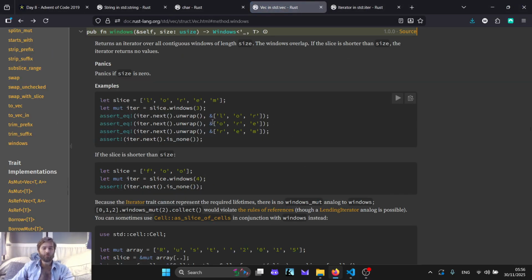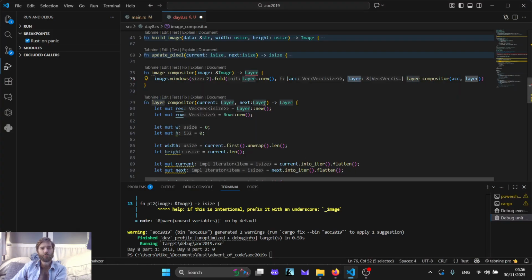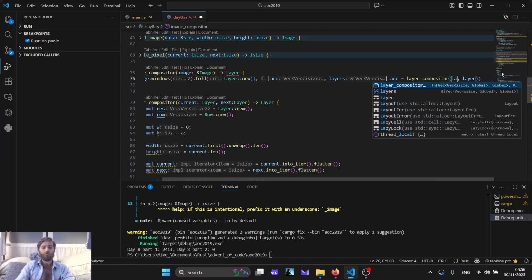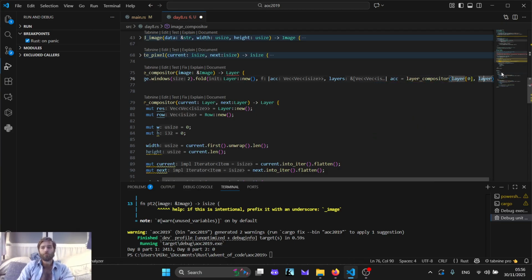It probably shouldn't. So layer slice 3 next unwrap is a slice of that. So I should end up with a layer is layers. It's a slice of 2 layers, and we're going to do ACC is equal to layer compositor, layer 0, and